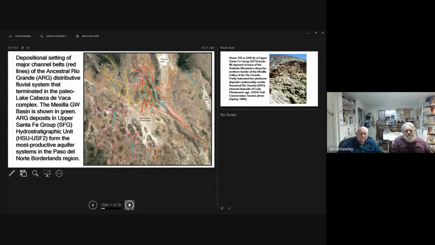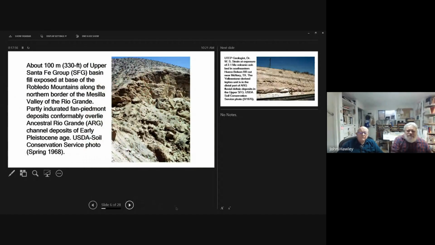I'll show you a couple of slides just very quickly of what this material looks like. Oh, hit the button again. There. Okay. I have to keep moving. There's a lot of material in here.